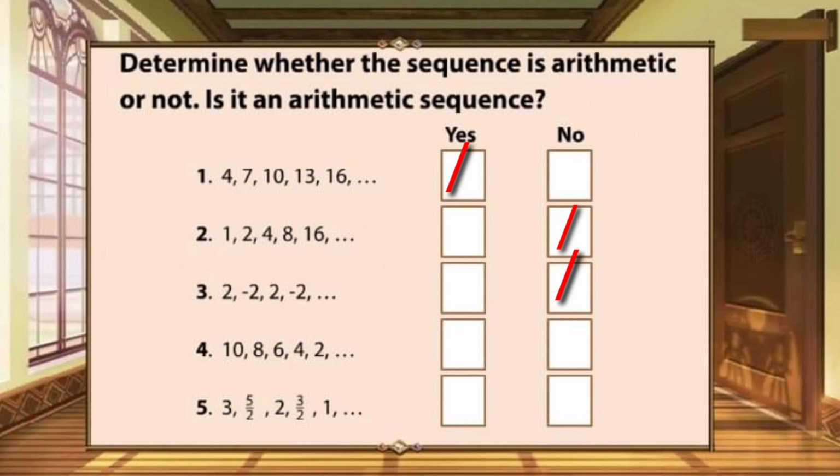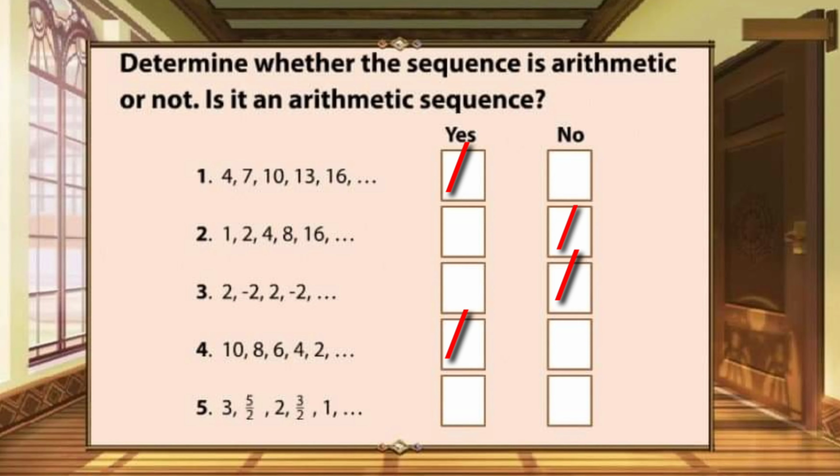Number 4. Sa numbers naman na to, mapapansin natin na pare-parehong minaminus sa 2 to get the next number. Ibig sabihin, they have a common difference na negative 2, so the answer is yes. So kapag pare-pareho ang ina-add or sinosubtract, ibig sabihin they are arithmetic sequence. Okay? At sa number 5 naman, dito kailangan muna nating malaman